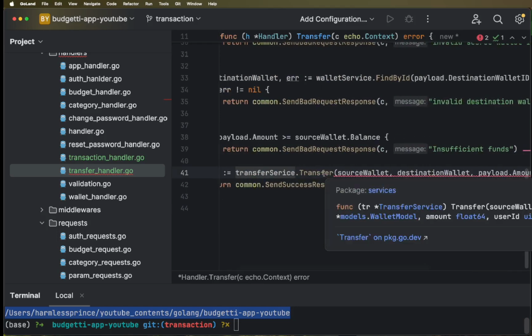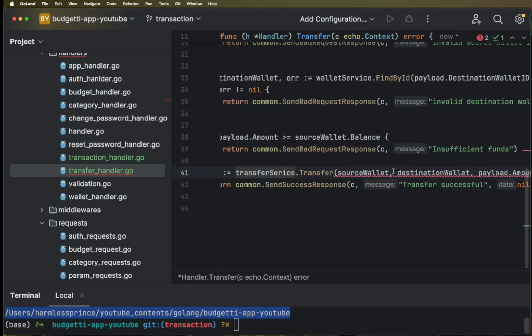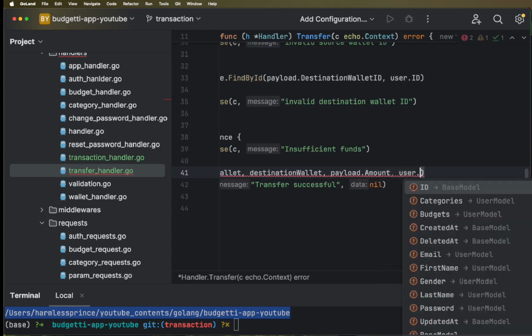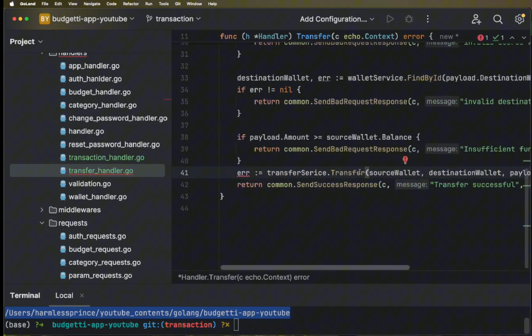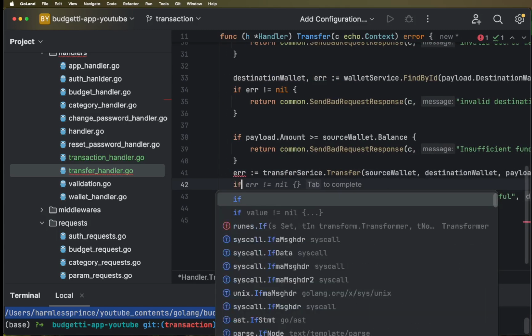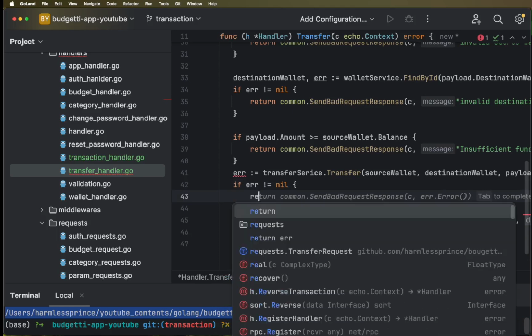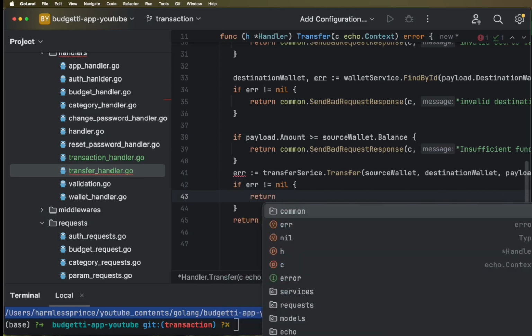Our transfer service dot transfer is expecting a source wallet, a destination wallet, the amount, and the user ID. User.id, right? And if any error occurs, all I'm going to be sending is an internal server error, return dot